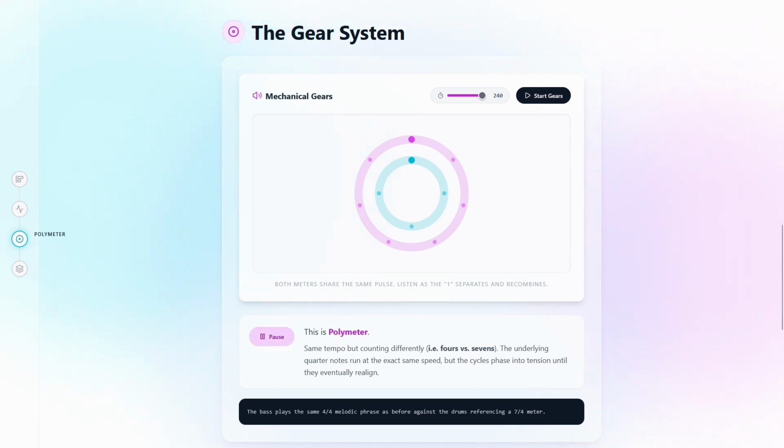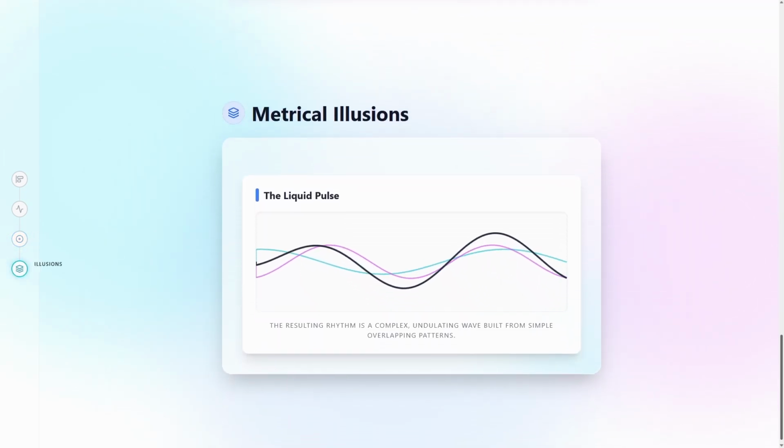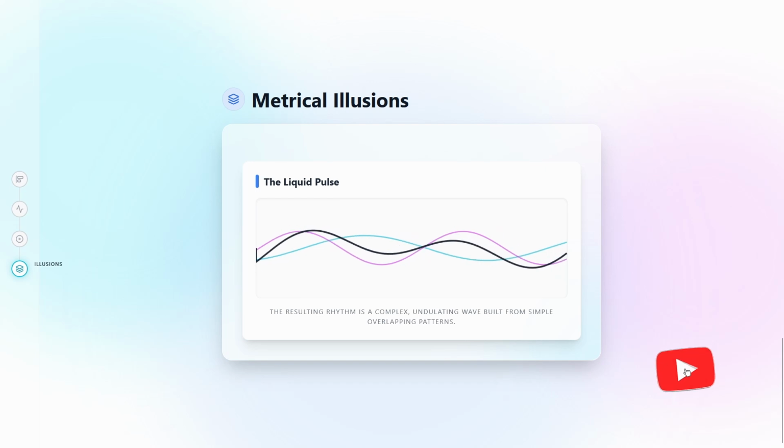This is the art of metrical illusion. You can take a single phrase and make it evolve without changing a single note, simply by shifting the weight and layering the gears to